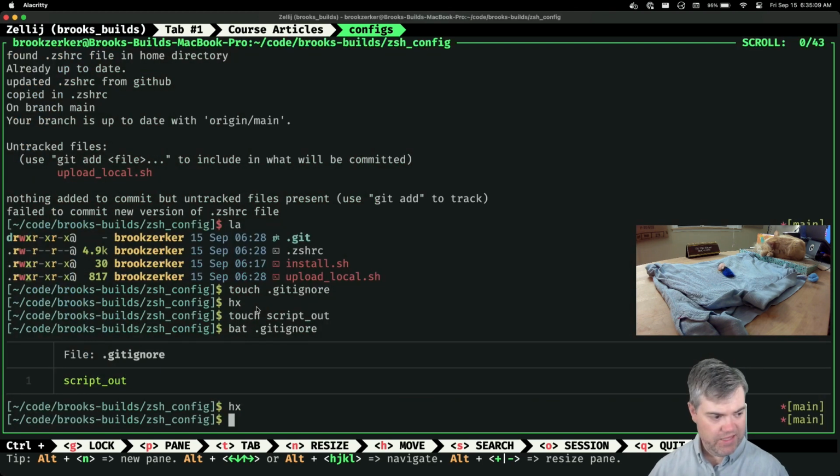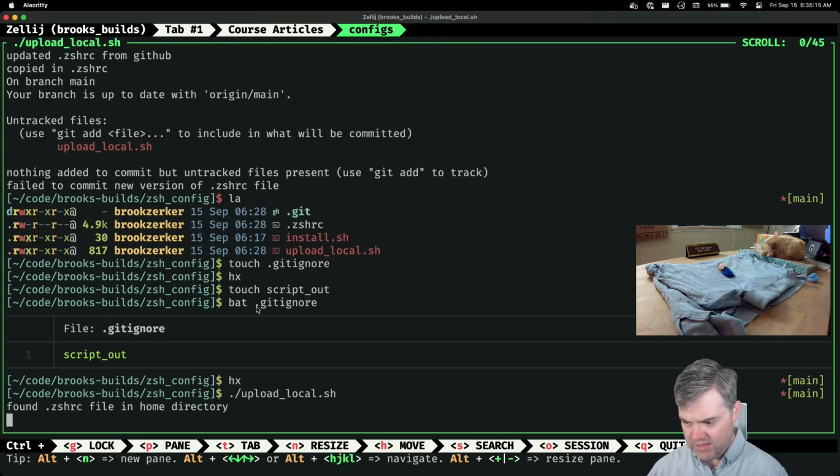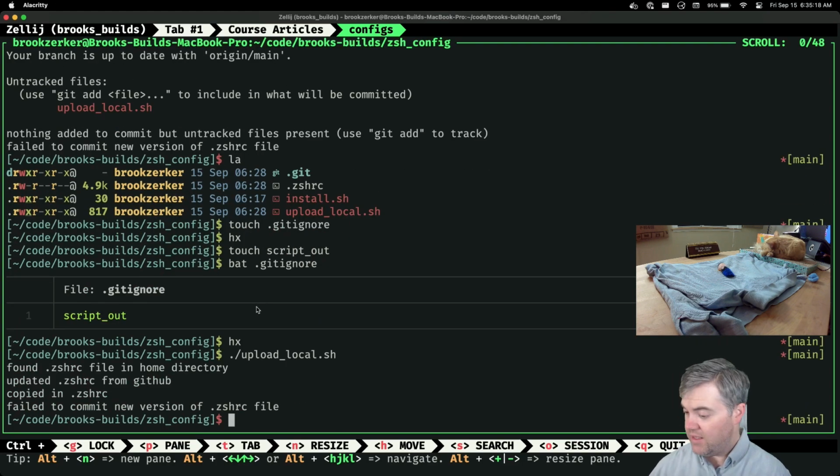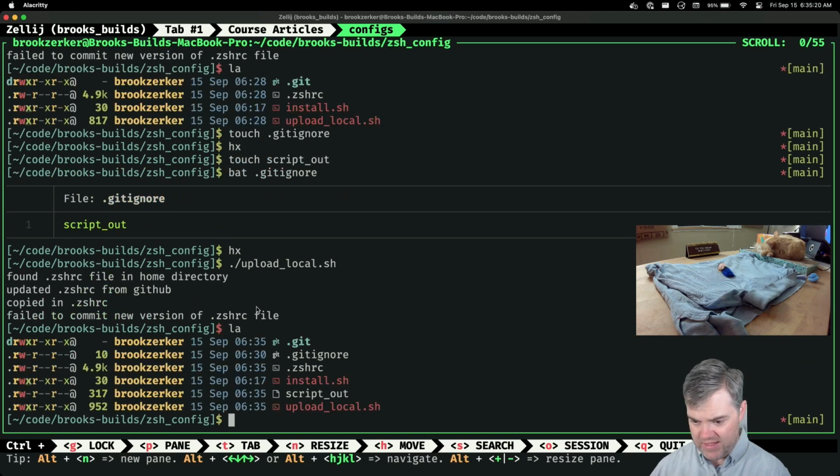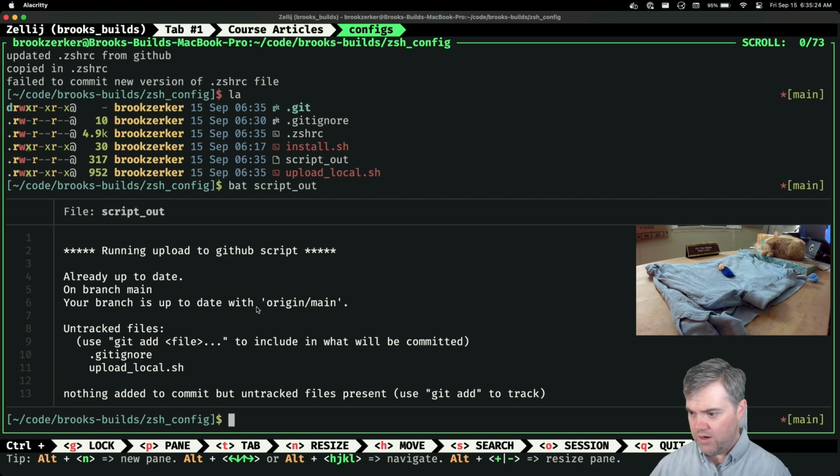Okay, so if I do that, let's run it again. There we go. We should now have a script out. All right, we have running upload to GitHub script, already up to date on branch main. Your branch is up to date. Untracked files. Okay, so we're good to go there. Excellent.